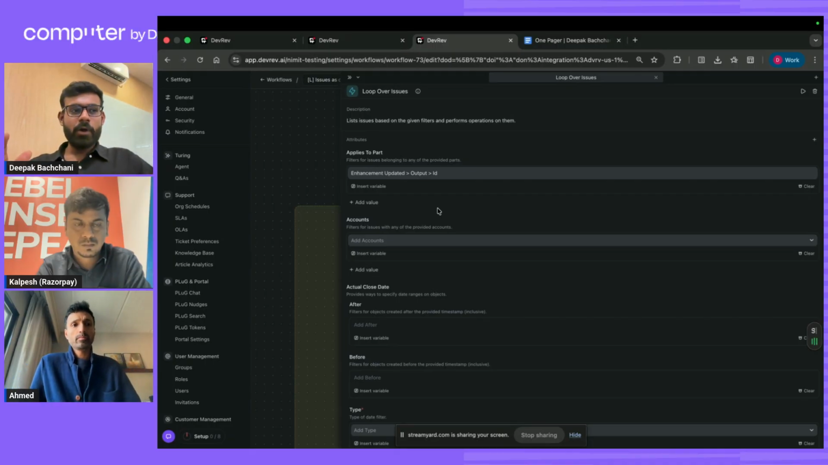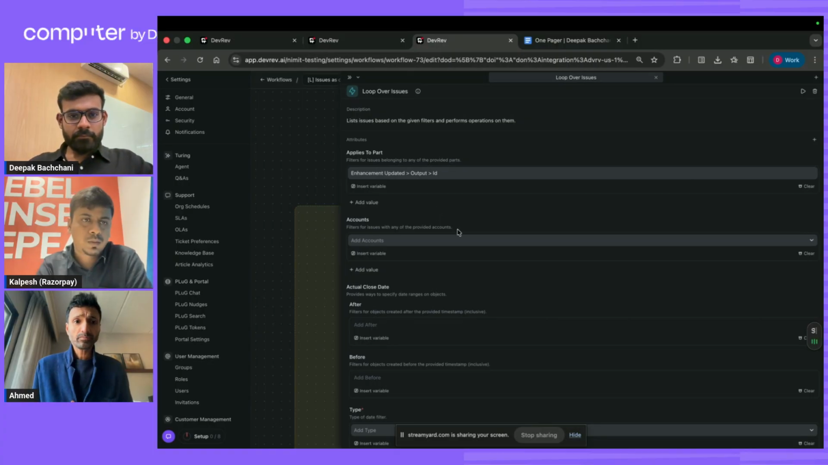It's not that you need to go ahead and do some configuration again in your endpoints or something. So that's what we have natively provided in our workflow canvas. Yeah, love it. So Deepak,